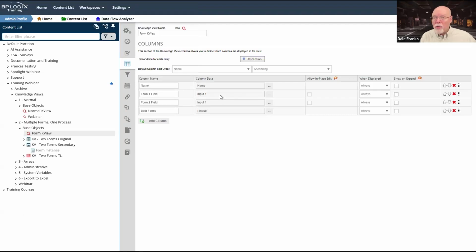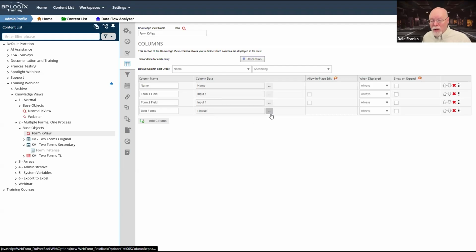And it's looking through the GUIDs to pull that data back. So what you're basically doing when you're picking something out of the choose system variable dialog box is you're actually picking the GUID of the object that you're wanting to return, whatever it might be, whatever property it is. And that's great, except I have two fields named input1 and I want to concatenate them.